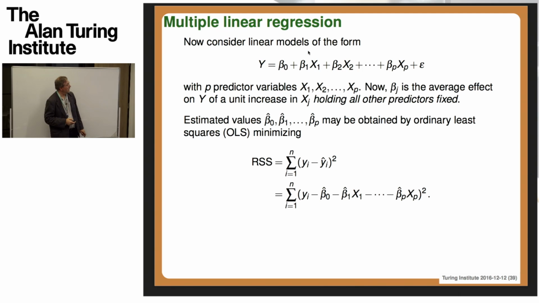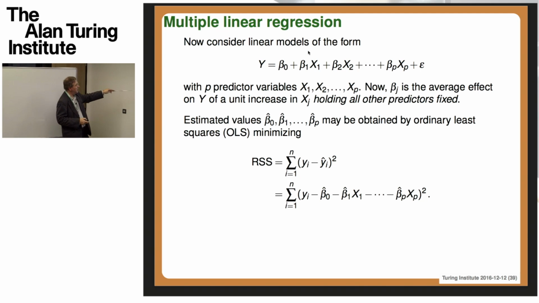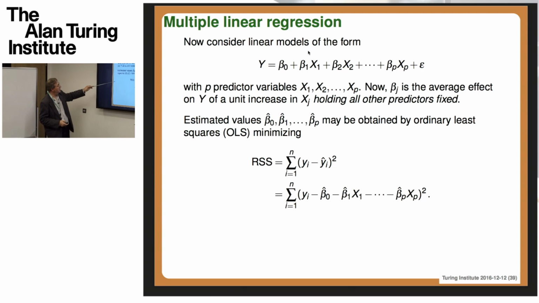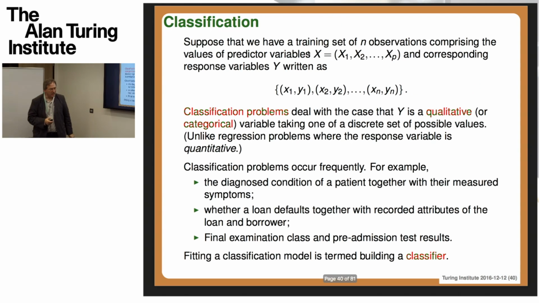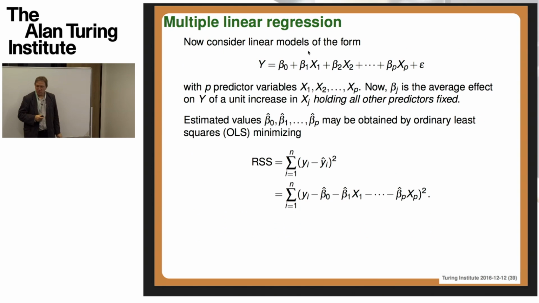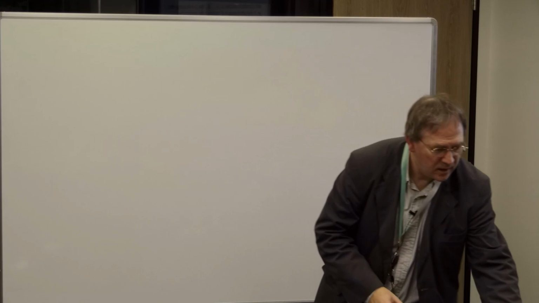All of this can be extended and done very straightforwardly in the R system to multiple linear regression, where we've got multiple predictor variables, and the residual sum of squares will be given by these quantities here. So I think we should stop at this point and pause for a moment. Maybe there might be some questions on this material.